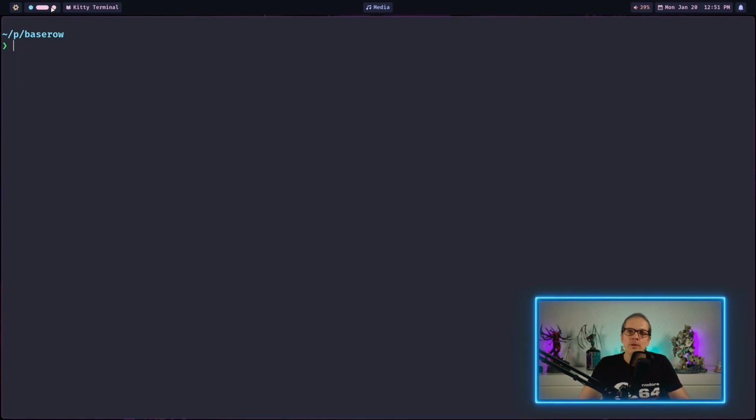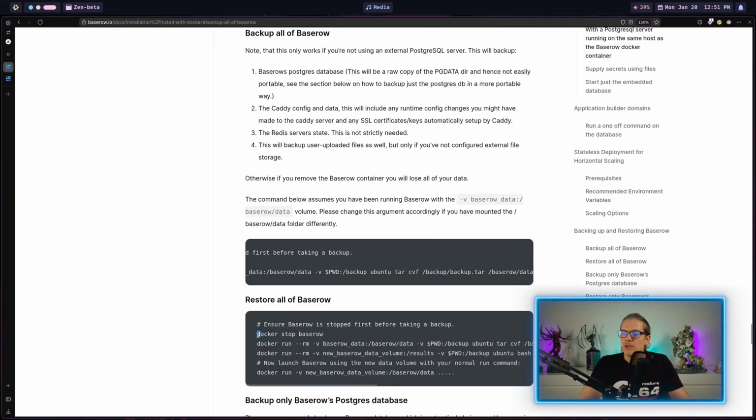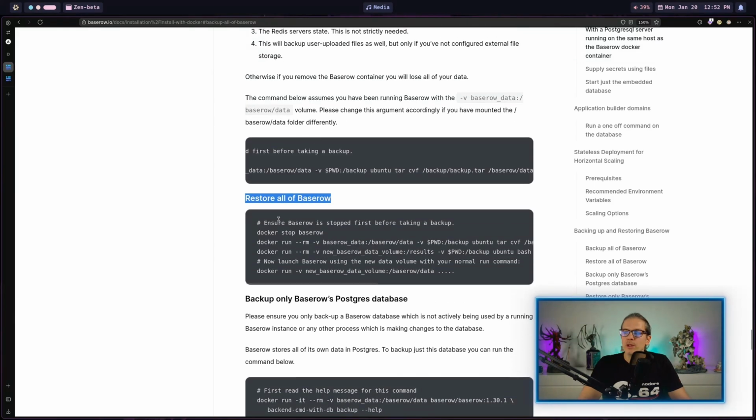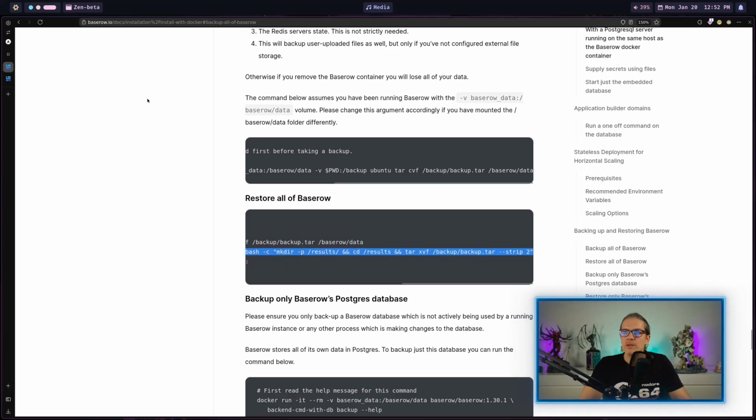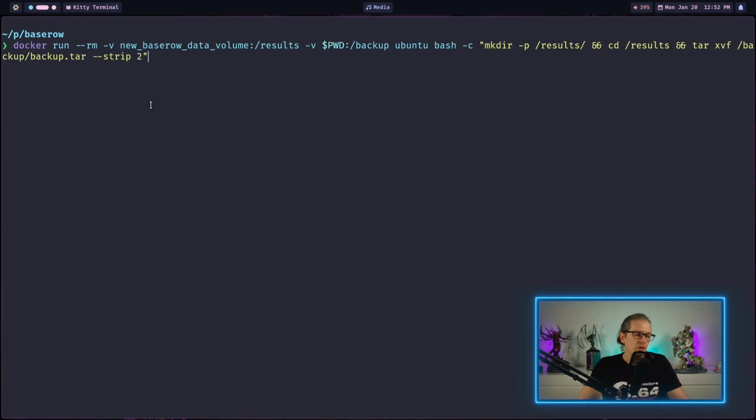And now we are working with the clean slate again. And when I head back to the documentation for restoring all of Baserow, it will first ask to stop any existing Baserow instance. But in this case, we won't need that because we don't have a Baserow instance running yet. In case there is already a Baserow instance running, this will suggest to back up the Baserow data volume of that running instance, because when we import the data we have just backed up, we will just overwrite that. So in our case, we can just take the third command here, head back to our terminal,